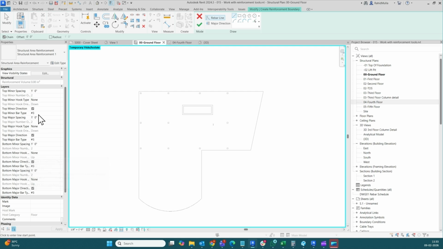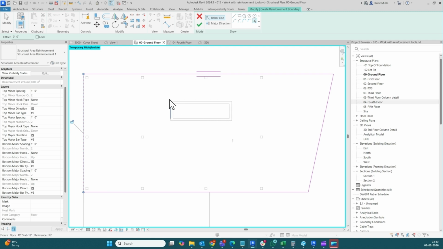Here you can see that you get the option to select the bar shape as well as the bar diameter and everything. As of now we'll keep it very simple. We'll come here and then we will define the shape. Okay, and you see here that there is this opening for the shaft. Again, if you don't want your area reinforcement to be coming up here, what you can do is you can select